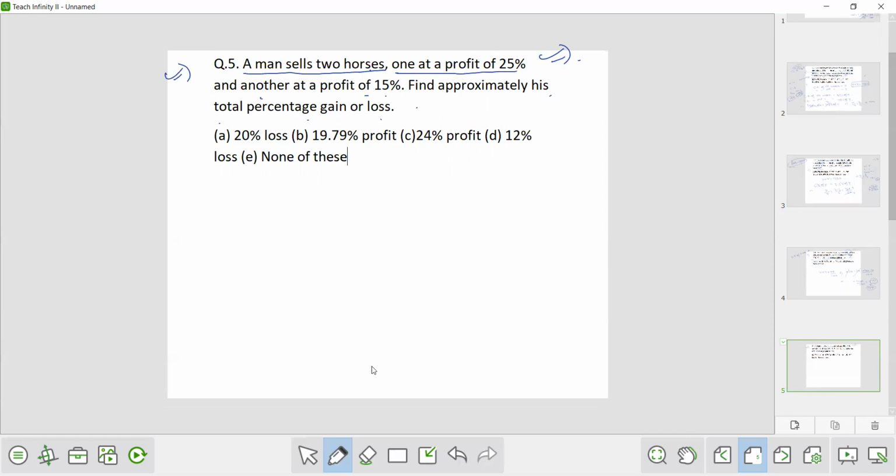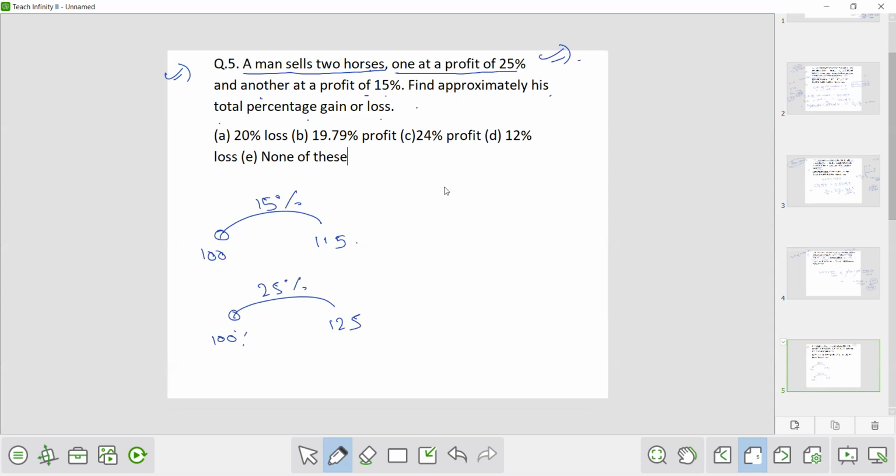So in such type of question, we assume the selling price. Then on the basis of that, we try to find out the cost price and then we proceed accordingly. So the biggest challenge here is to assume the selling price. What should be the selling price? Here, what is given that one horse was sold at a profit of 15%. So if CP is 100, so SP will be 115. And another is sold at a profit of 25%. So if the CP of one is 100%, so another is 125.